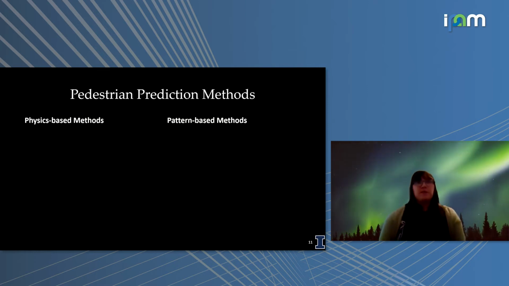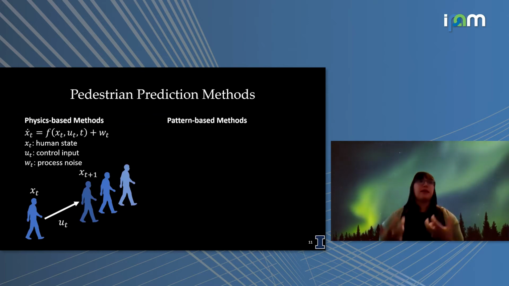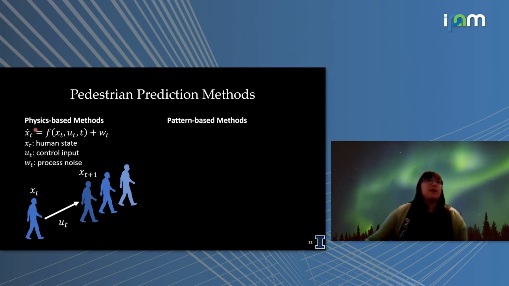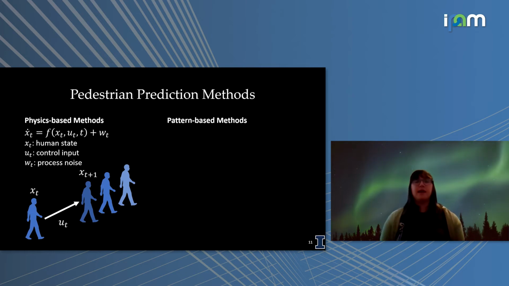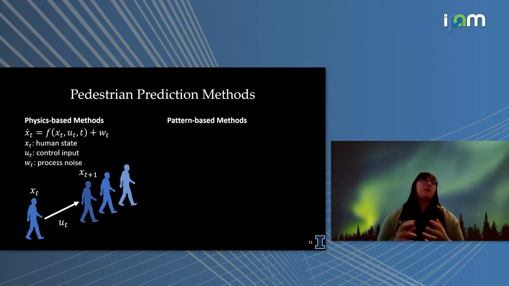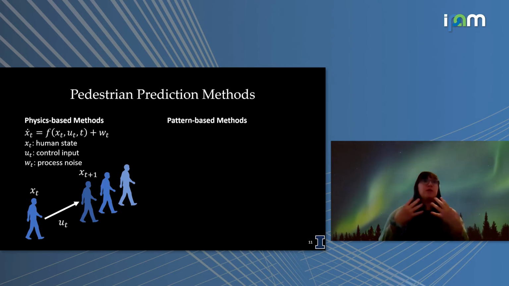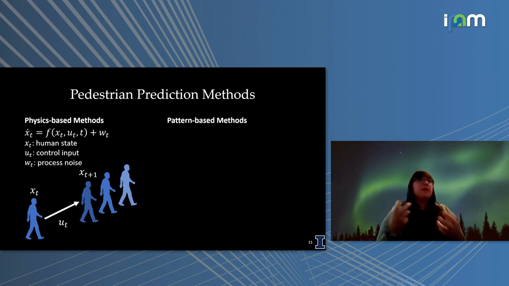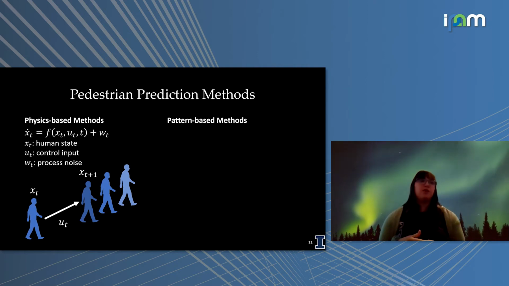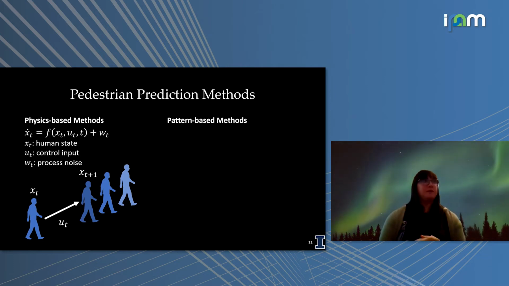If we take a physics-based method, we try to model our system or our agents as dynamical systems. We have some dynamical equation that will guide the motion of our agents that might be perturbed by some sort of noise. This is the classical formulation where we want to find a dynamical model that tends to match these human agents. It's really nice if we can take advantage of these models, so we can apply a lot of the tools from classic control and the classic safety techniques here.